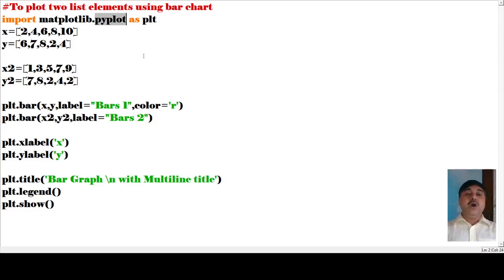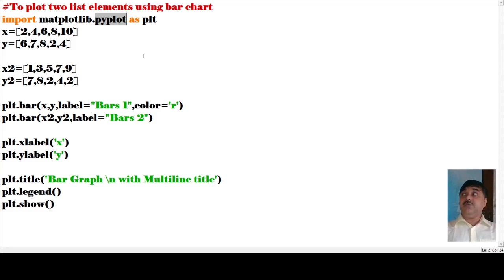Pyplot is a part of your matplotlib. That means we are calling the matplotlib library functions, and under the matplotlib library we are calling pyplot.